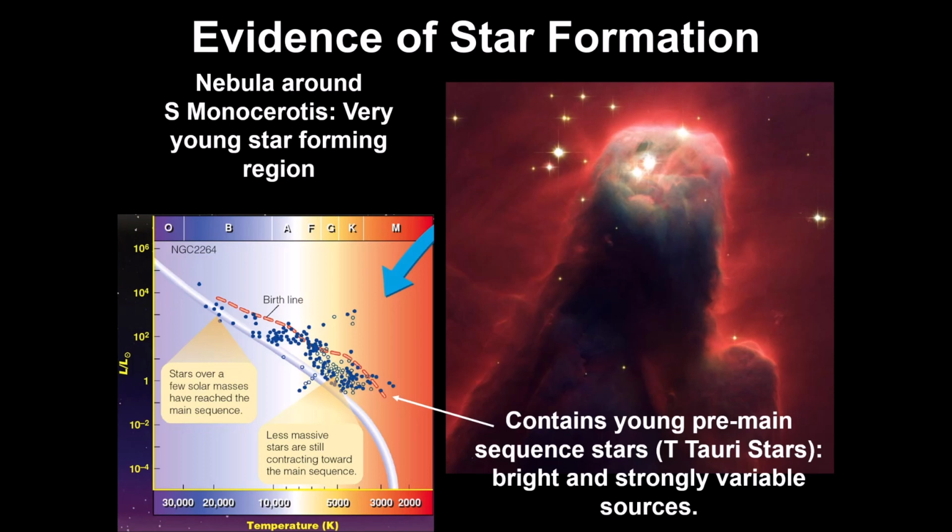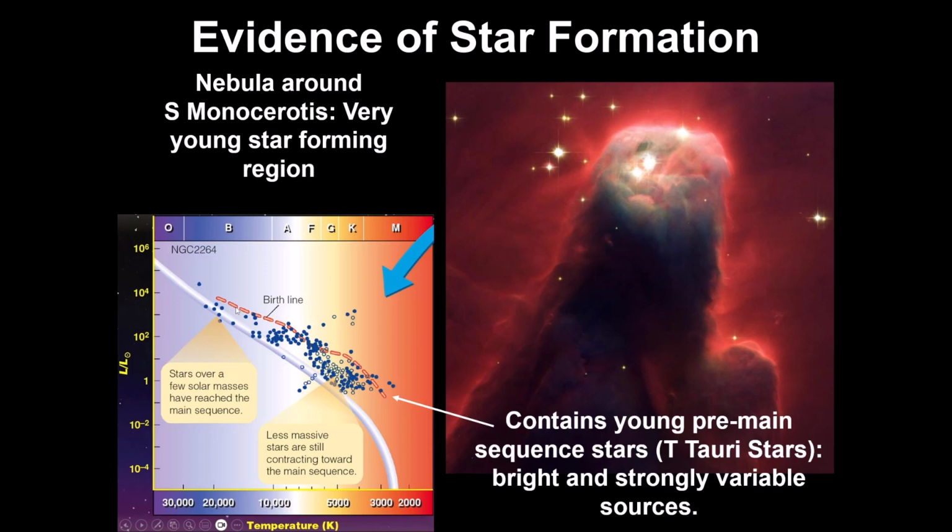Okay. Now, this picture on the left here is an H-R diagram of what's occurring in this particular nebula. And the dashed line that you see that's placed above the main sequence is what's called the birth line. And it's sort of a theoretical boundary. You remember that the stars, as they evolve to the main sequence, kind of come up and then they go down. So they kind of look like giant stars to begin with. So then they occupy a space that's near where the giant stars are, and they make their way down and they hit the main sequence.